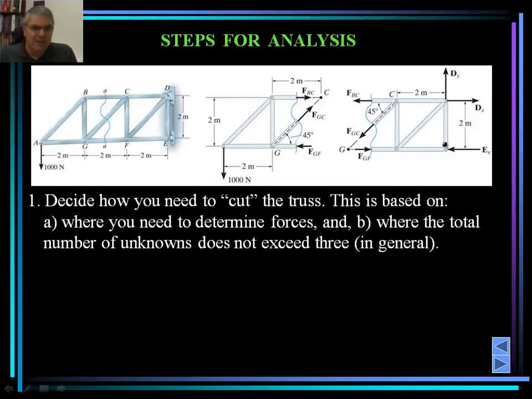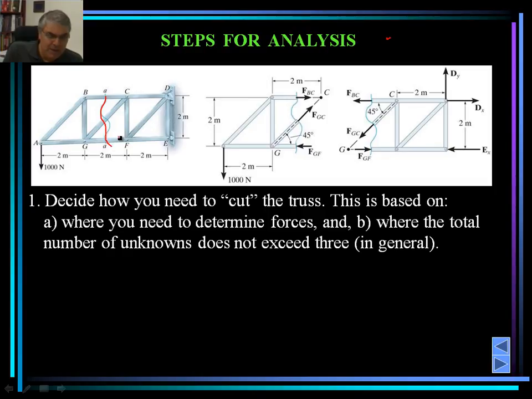An example that we just saw previously, the cut is made through members BC, CG, and member GF, the way it's shown. If we would like to determine the unknowns, in this case, the forces in member BC shown by F sub BC, force in member GC shown by F sub GC, and force in member GF shown by F sub GF. In that case, we need to